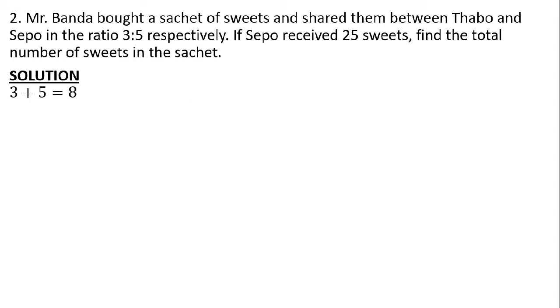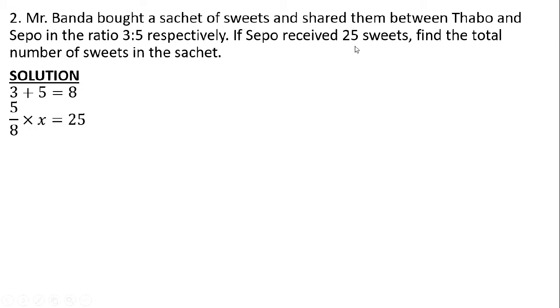So we'll find what the equal parts were. 3 plus 5 will give us 8. There were 8 equal parts which were shared. And then we are told that Thabo and Sepo shared in the ratio 3 to 5. So we'll get 5 over 8 because there were 8 equal parts. We'll form a fraction: 5 over 8 times the total number of sweets, which we don't know,